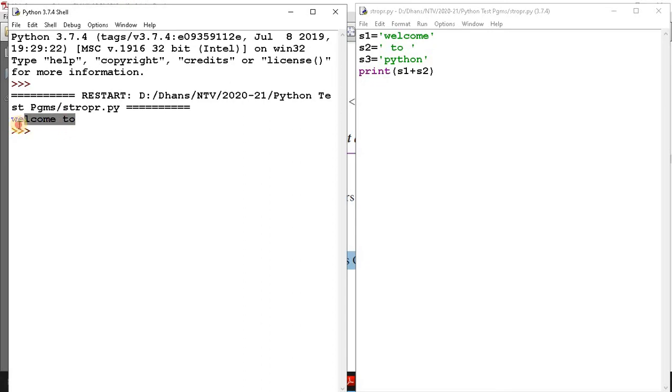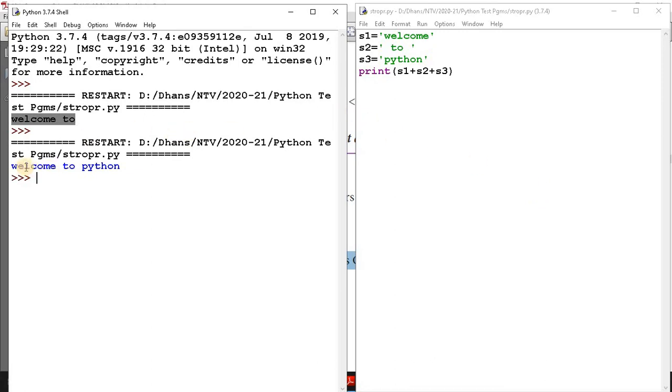You can see welcome to as an output. Plus s3. Now save and execute. Welcome to Python as output. We obtain welcome to. So plus is an operator which concatenates. Concatenates means joins or combines two or more strings.